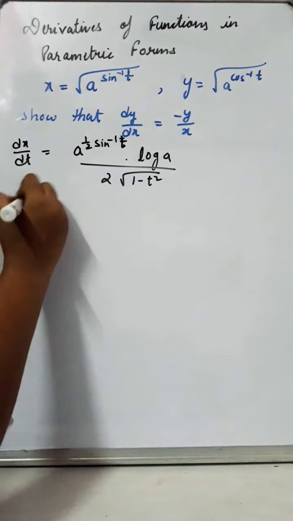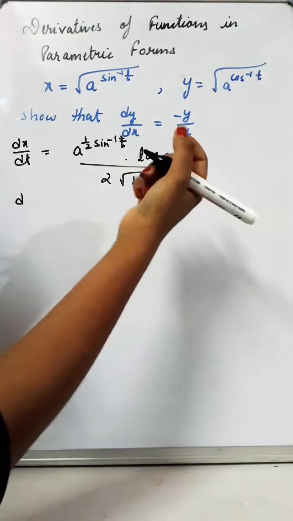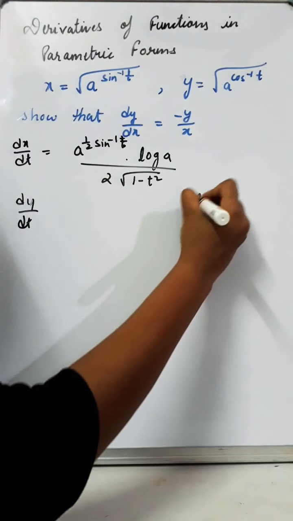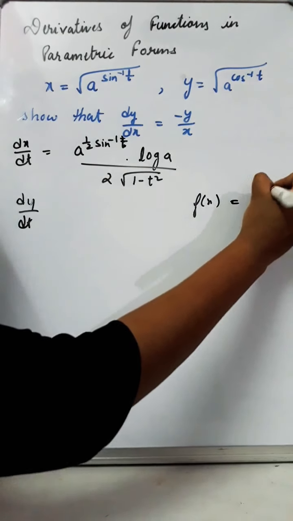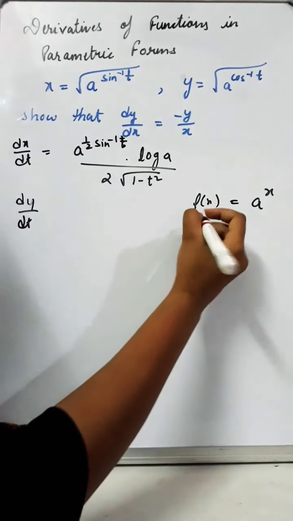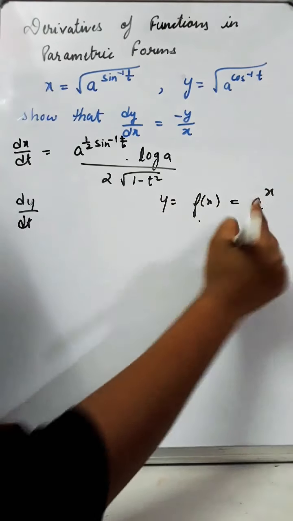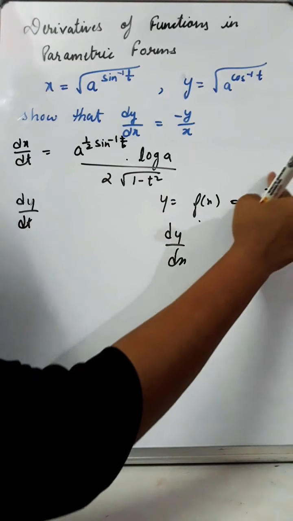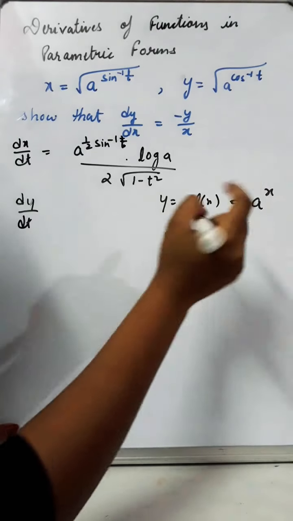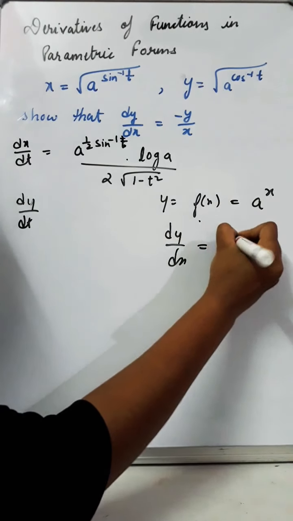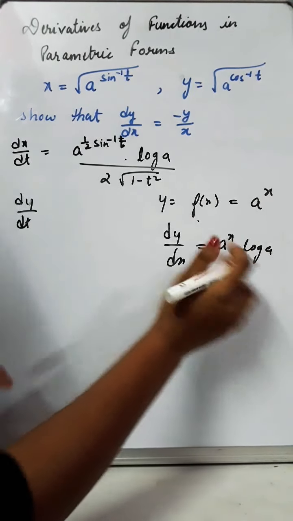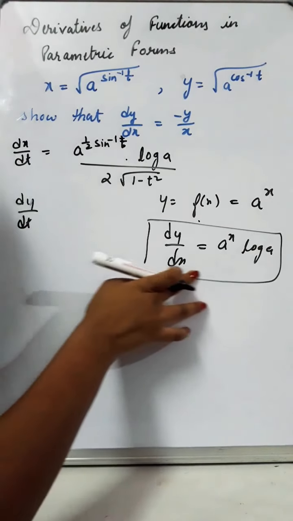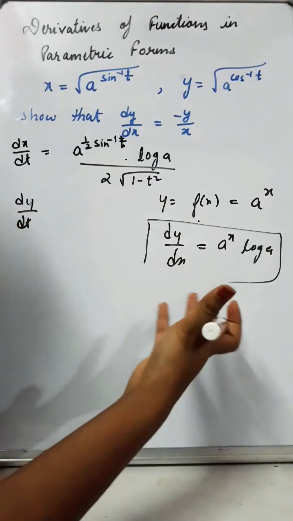Now I'll introduce you to some property of log in order to find dy dt. Whenever suppose your function is a to the power x, and you have to differentiate this, y is equal to a to the power x, and if you have to find dy dx, means differentiating this term with respect to the parameter x, so this is simply a to the power x log a. This is a property of log. You can jot it down in your notebook so that you remember it and can instantly apply this.